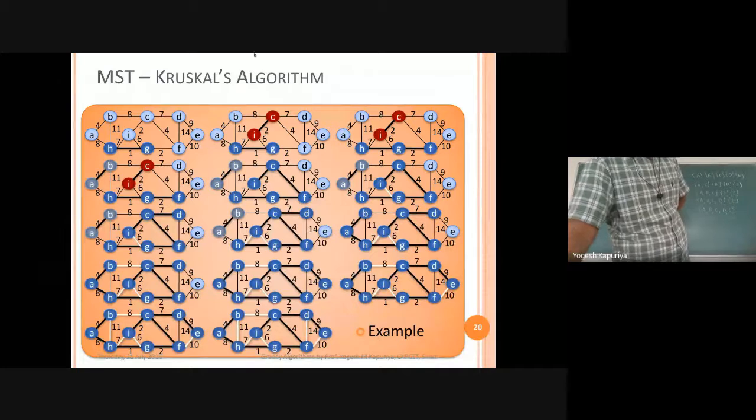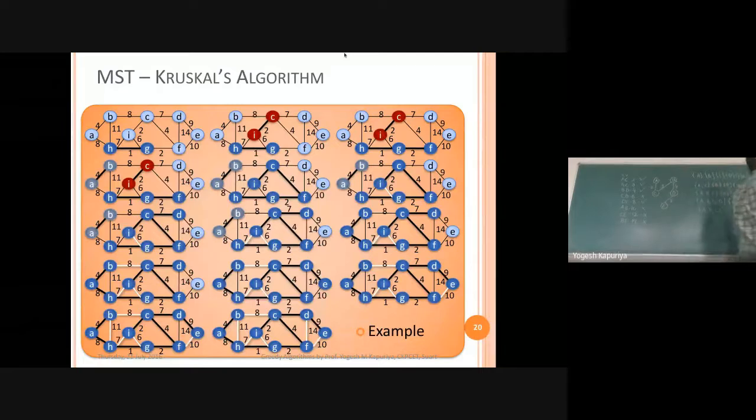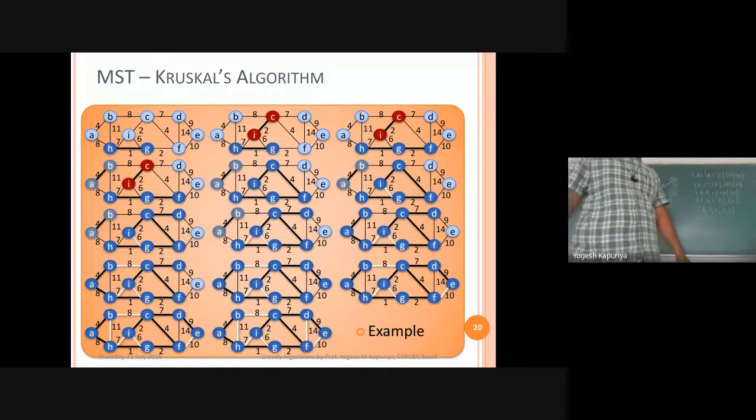Then you go to the next in the same line. So you have CI, or you can have GF as well. It can be either of these two. So first let us take CI. Are C and I connected? No. So that will be part of your minimum spanning tree.